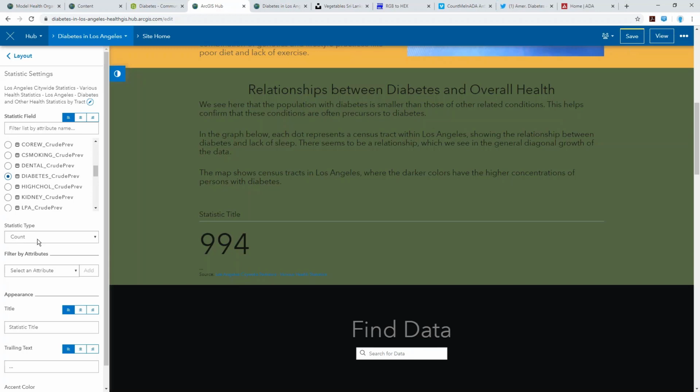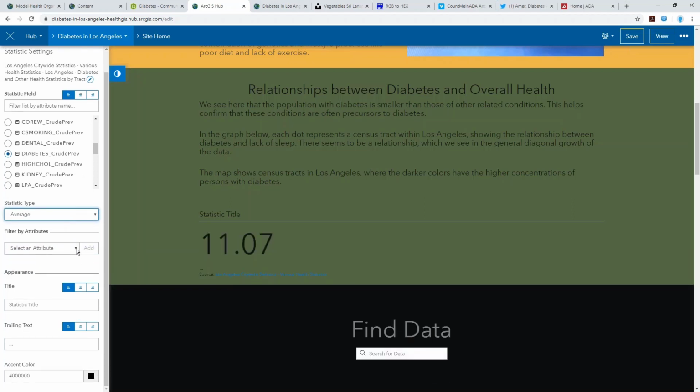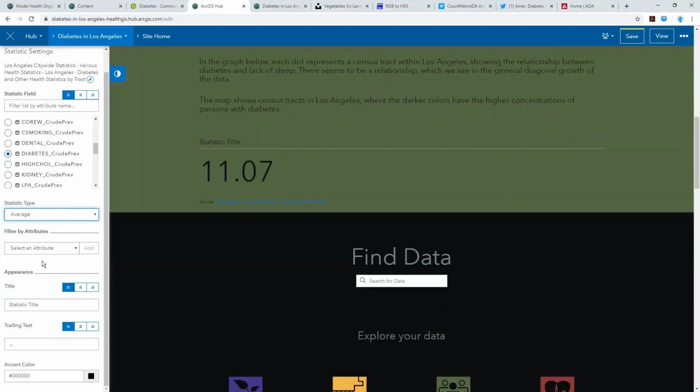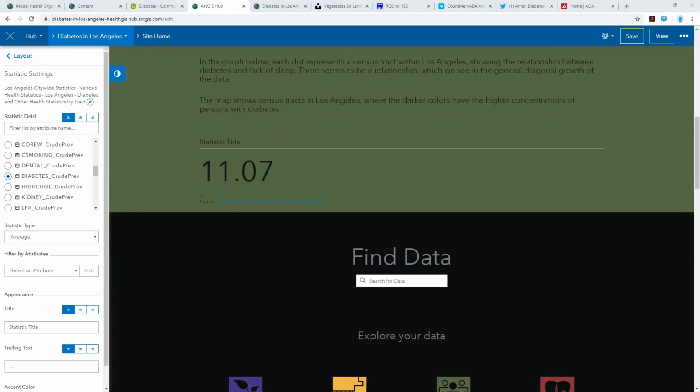This has a lot of different attributes in it. And I have one attribute called diabetes. Right now it's giving me a count of how many features I have in my data. So it's just a count of all the census tracts that I have in my data. So what I want is an average of all of my data. What percentage of the people have diabetes? It's 11%. And then I can put in a little title for my element there, and then some trailing text